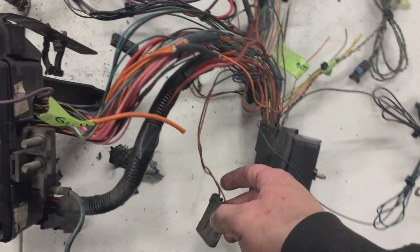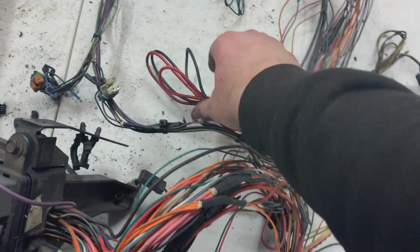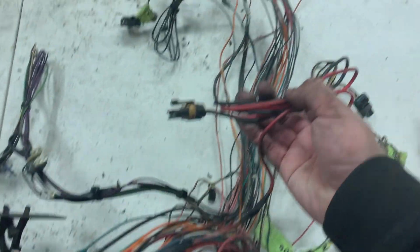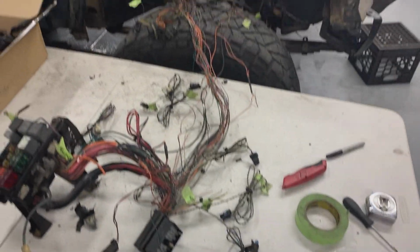Don't know what this is, so I'm leaving it. Same for all this other stuff. This is the signal wire for the starter, so that'll get integrated into the standalone. This is the pass-through to power the cab. Some other stuff. So we did get rid of a fair amount, and I think there's probably still a little